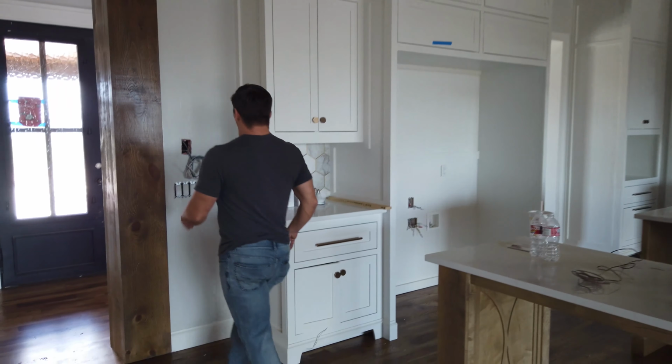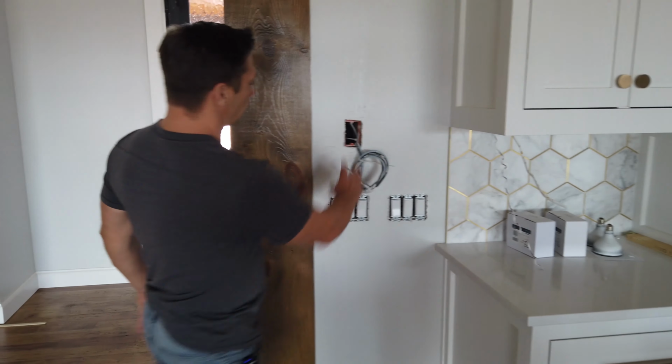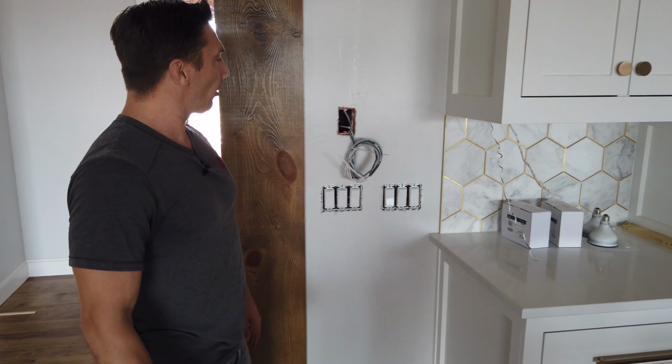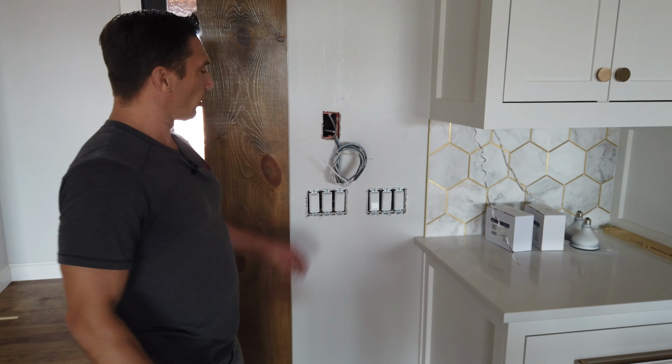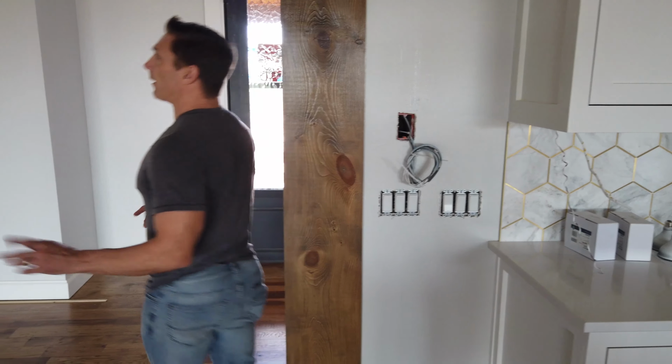Pretty neat. Right here, so we're going to have one of those 8-inch touch panels. So when we install it, we'll be able to access the whole system, the cameras, the NVR. We're going to do lighting control in this house using Lutron. And we're also going to do something really cool using RGB lighting with Philips Hue. So Philips Hue can integrate with ELAN. So the nice thing about that,